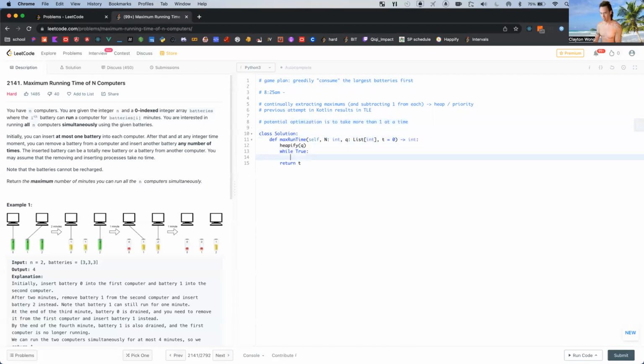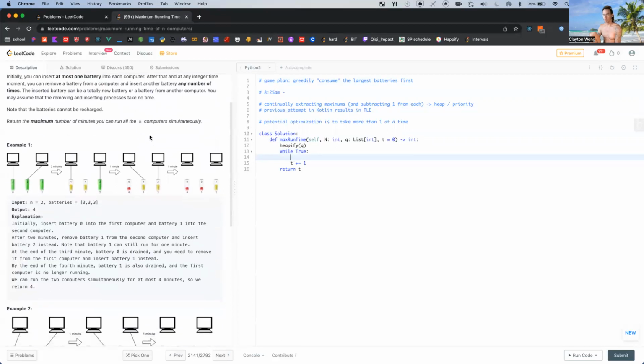T plus equals 1 will result in TLE. So I need to find out what's the biggest I can take at a time and add that chunk. That's one possible way of doing this.